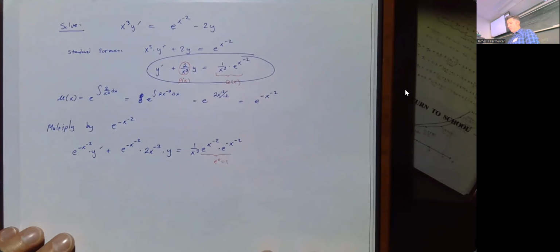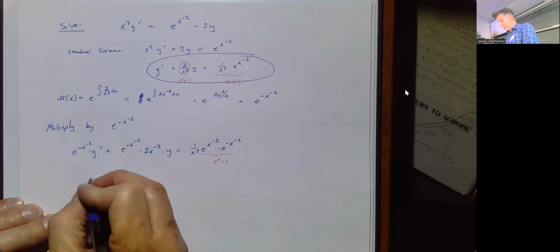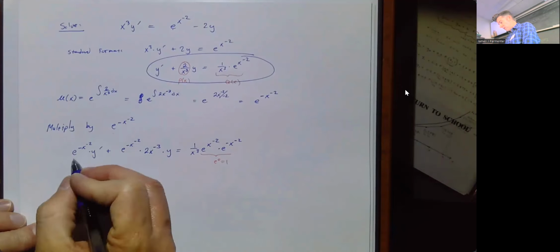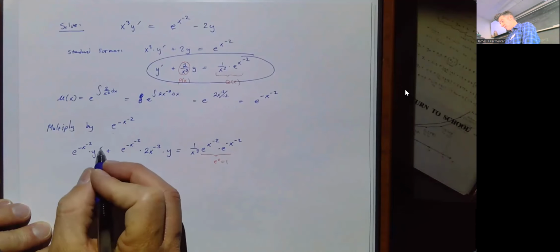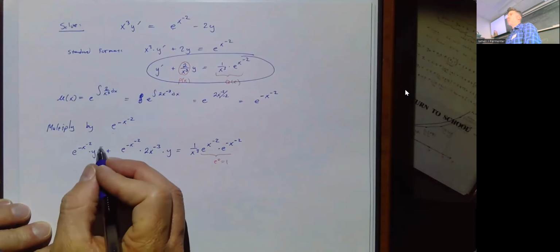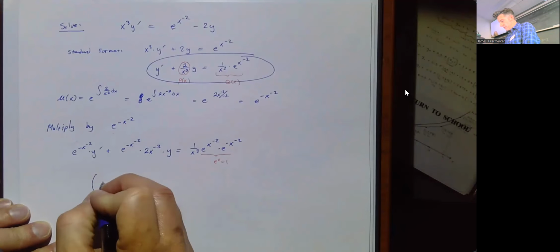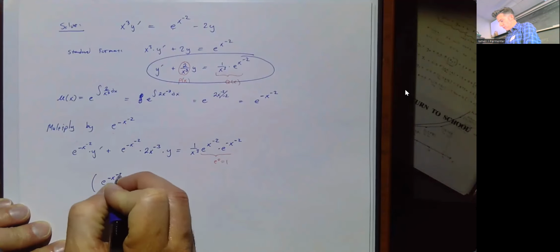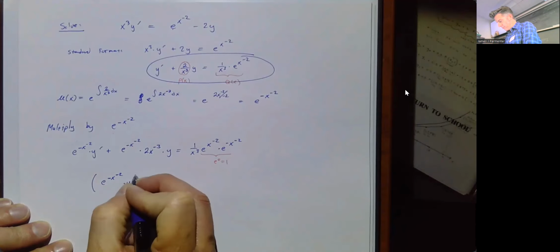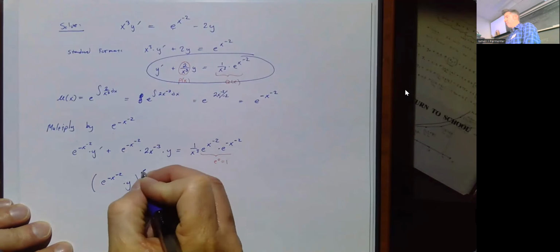So here's what we've got. Every time you do this, the left-hand side is the derivative of a product. It's always the case. In this case, the left-hand side is the derivative of, just look at this part here and don't write y prime, write y. So that's e to the negative x to the negative 2 times y. Derivative of all that